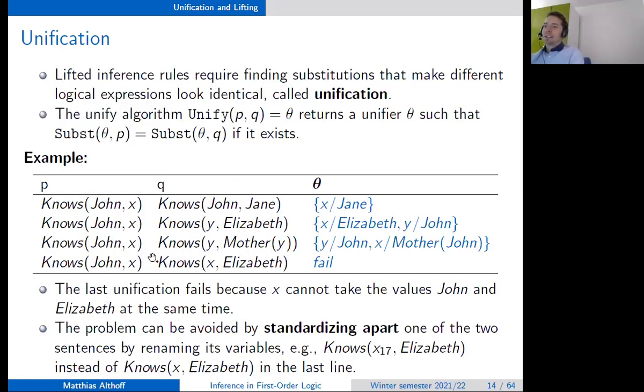The same here, if you replace X here, where my mouse pointer is, then you have mother of John, then you have John knows the mother of John. I mean, you should know your mother. It's kind of silly, but yeah. And here Y is replaced with John, and then you have John knows the mother of John, because here the Y also is replaced with John. That's always easy to verify.